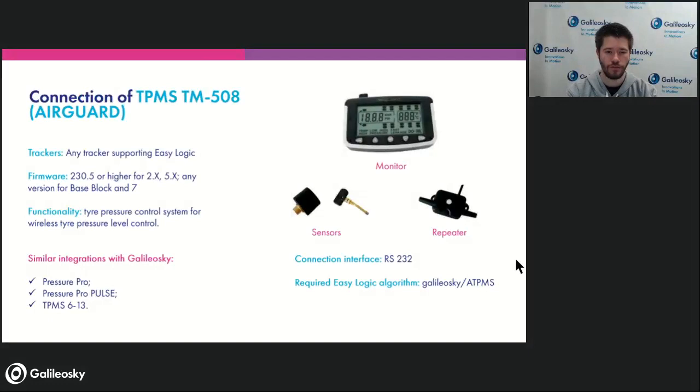Next, fifth or fourth, I have lost count actually, but the next integration here is that we have one more pressure measurement system for our trackers for the tires. It's called TM508 or AirGuard. For those of you who don't know what a tire pressure management system is, it's a system that helps to control the pressure in the tires, in the wheels of the vehicle,